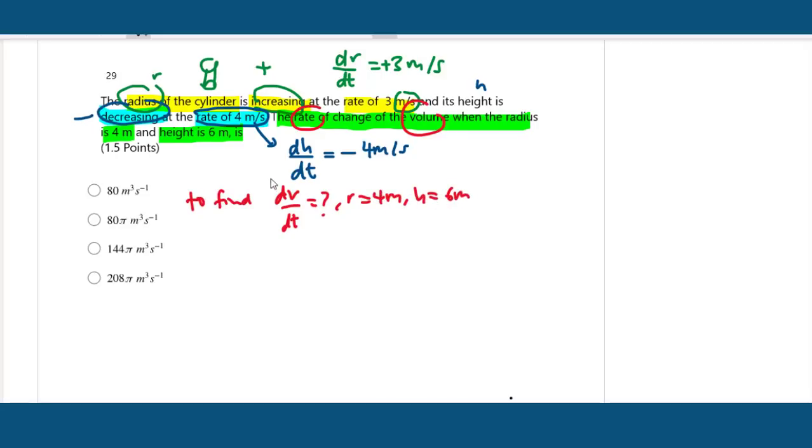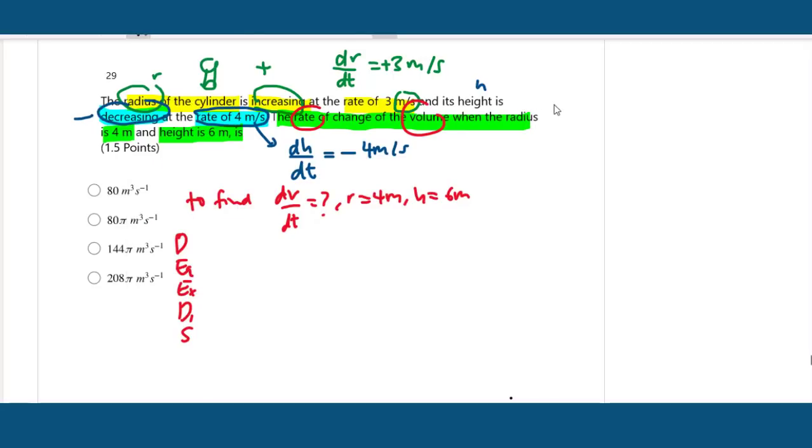meters. So now, given this, the first thing is using the steps: draw the diagram, write the equation, express it in a single variable, then differentiate using the chain rule or implicit differentiation and solve. So now, sketch,